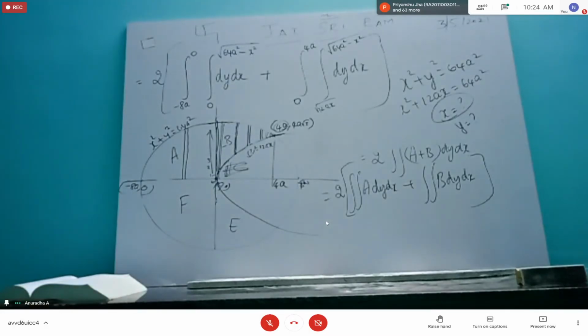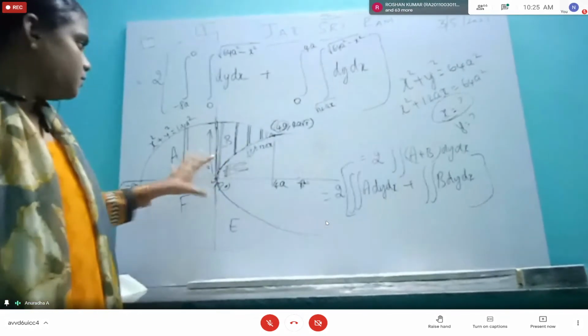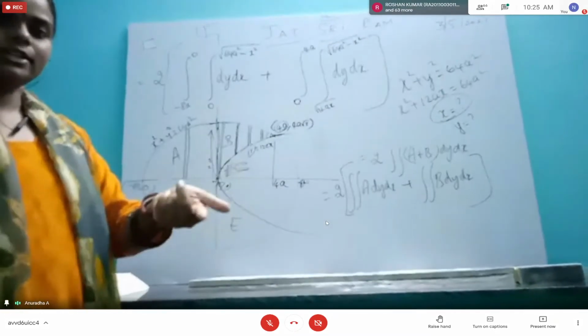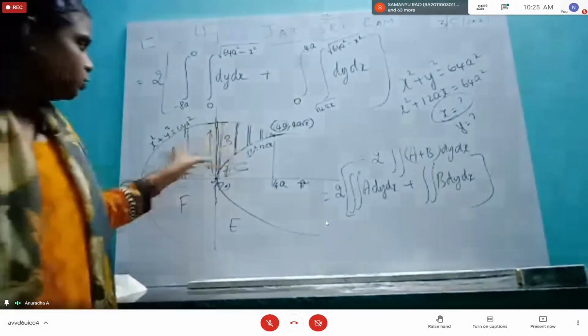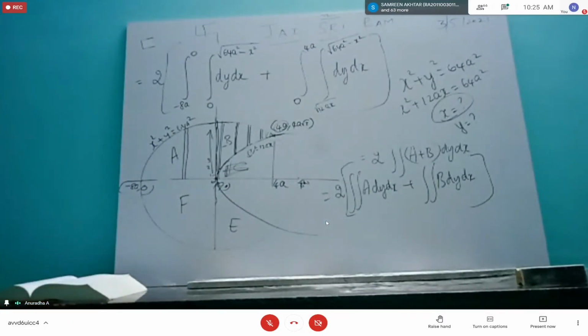Okay, ma'am. Thank you. So drawing the diagram is very important. Then fixing these areas is very important. In change of order of integration also, there is one sum like this. When we are doing dy dx, we will have only one integration, but when we convert it into dx dy, we will have two integrations. Please remind me before the exam, I will have to do that sum. That's a very important sum. That's another important model.